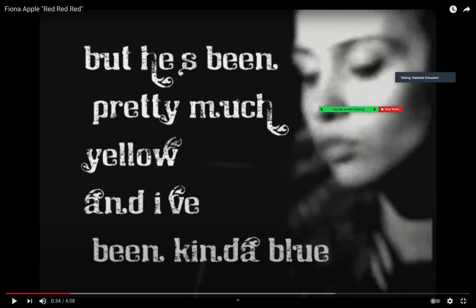So the way I like to interpret this song is I envision that she's trying to put the two together. But right now he's yellow, she's blue. When you combine yellow and blue, we just mentioned it, what do you get? Green. And green symbolizes, what does green symbolize? What about on the road? What does green symbolize? Go. So she's trying to put them together and go forward with this relationship between the two of them.